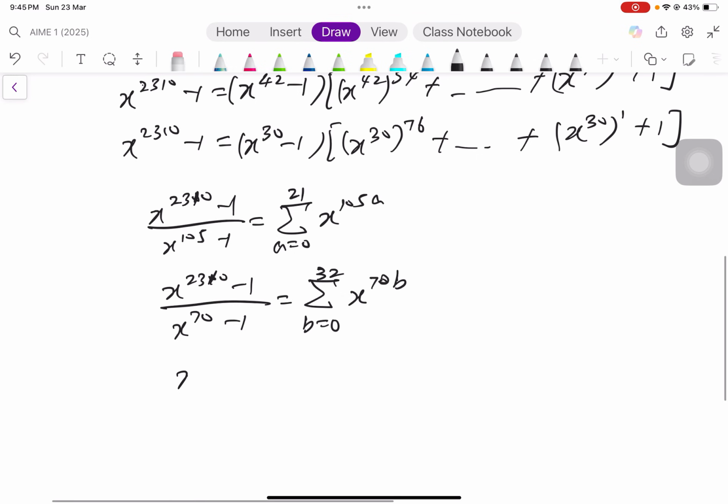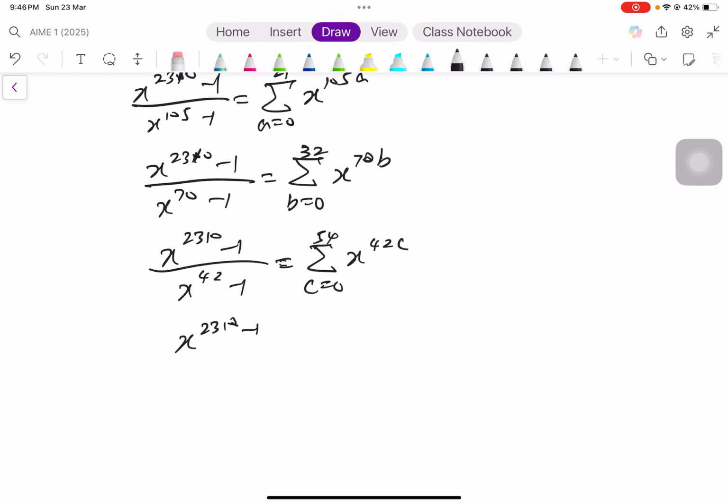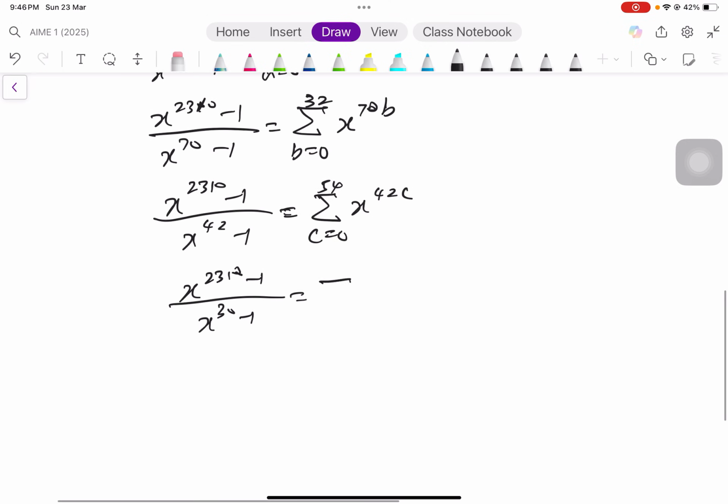Then (x^2310 - 1)/(x^42 - 1) is actually the summation for c equal to 0 to 54 of x^(42c). And (x^2310 - 1)/(x^30 - 1) would be just the summation for d equal to 0 to 76 of x^(30d). All right, okay, with that,